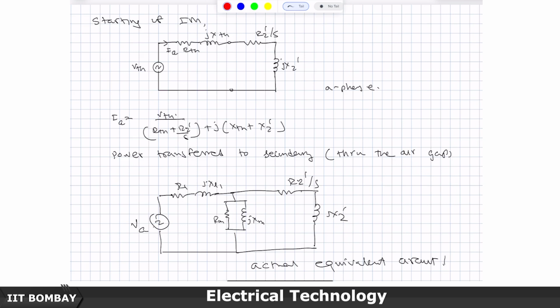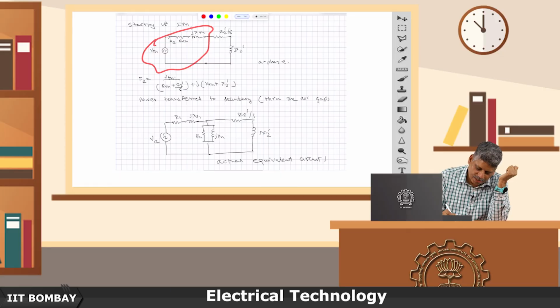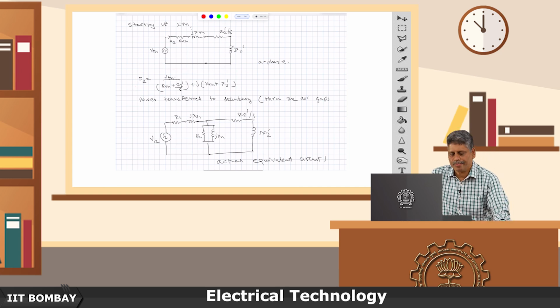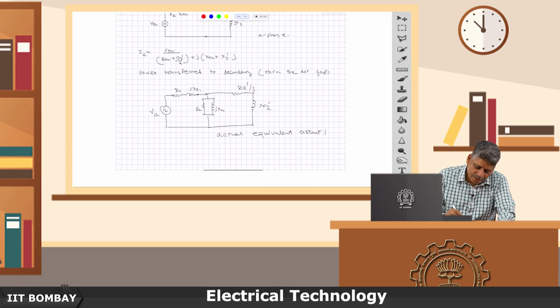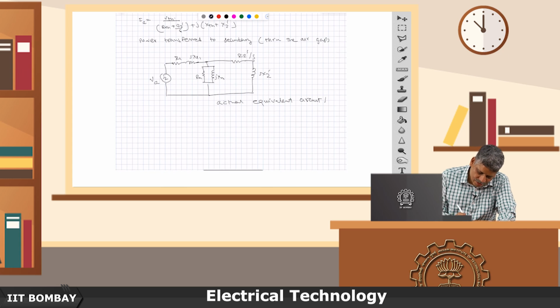So, as the slip keeps varying in its journey from 1 to 0, solving every circuit directly would have been so inconvenient, but thanks to the wonderful theorem called Thevenin's equivalent, for every slip we have this simple expression. You can put it in your MATLAB program or whatever and calculate the current, and then using this we had derived the torque expression as